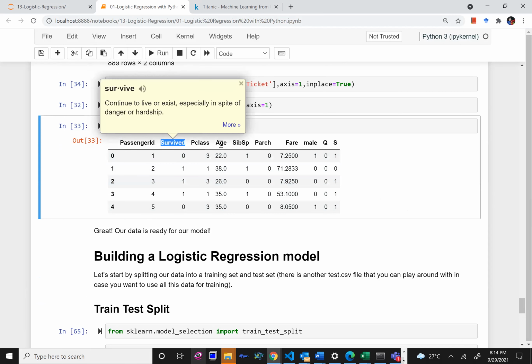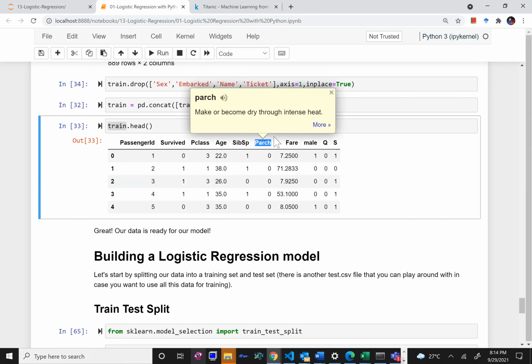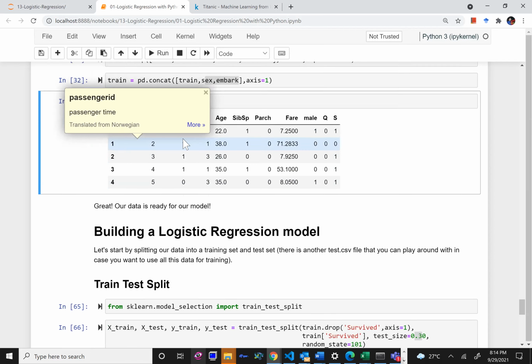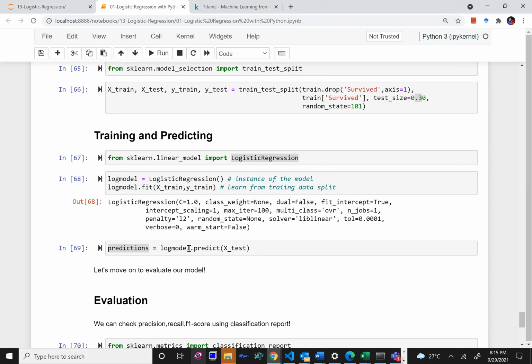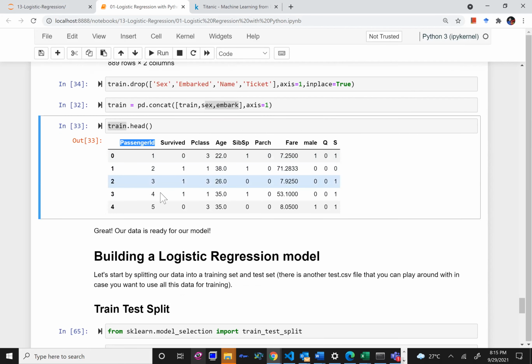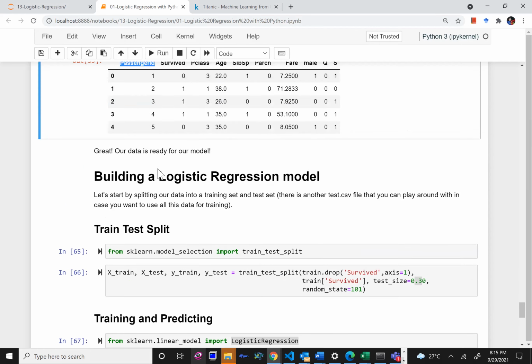Survival can depend on the age, the passenger class, the station they embarked from, and how many parents, children and family members were there. So passenger ID, I think, should not affect it. It is intentionally left in so that the performance is lower. You can try out different parameters, dropping this column also, and then see what your model is predicting.